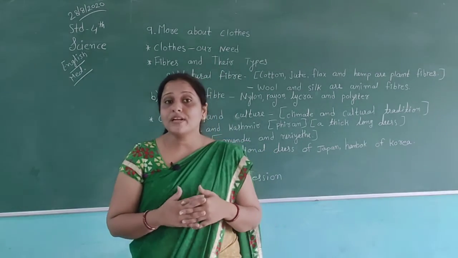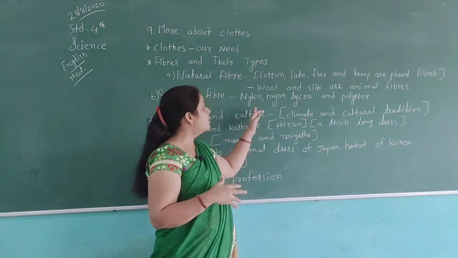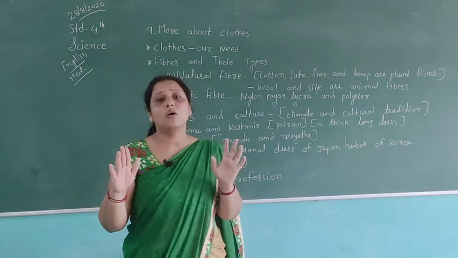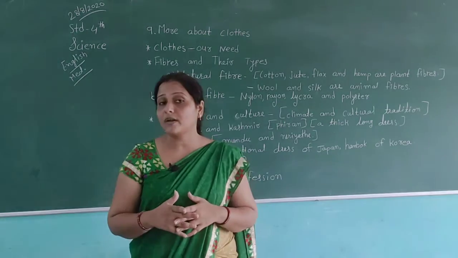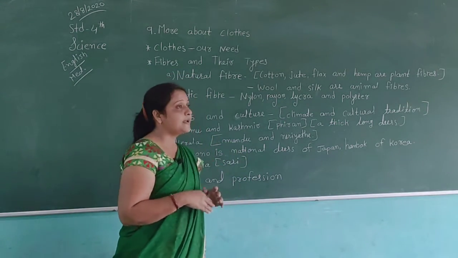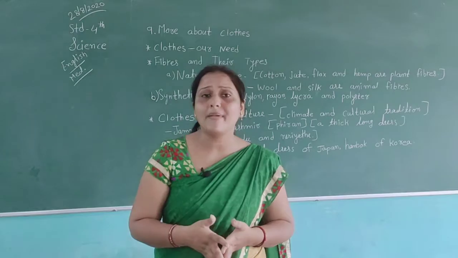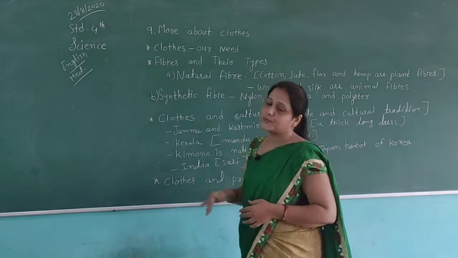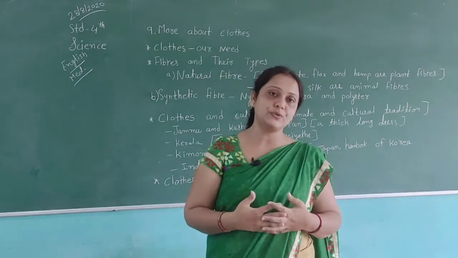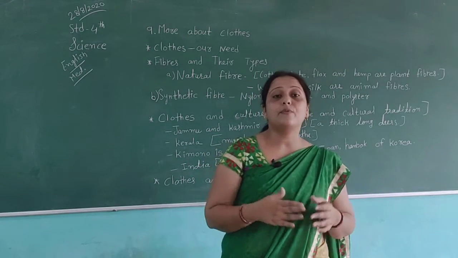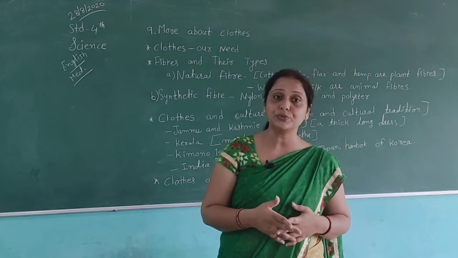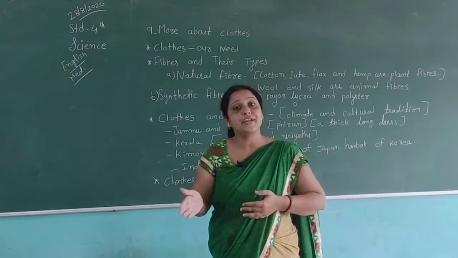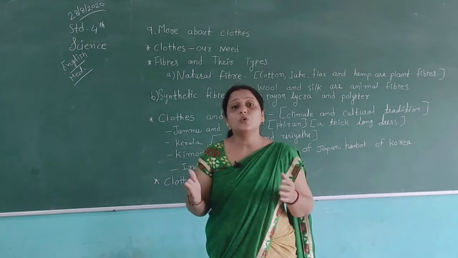Synthetic fibers are also very useful to us. As I said, polyester always stays straight. We observe that many types of qualities are available in synthetic fibers. Also, we have some drawbacks in this fiber. So both fibers are very useful to us because clothes are very useful to us. Natural fiber and synthetic fiber are both useful because all people need clothes to wear according to their work and their need.